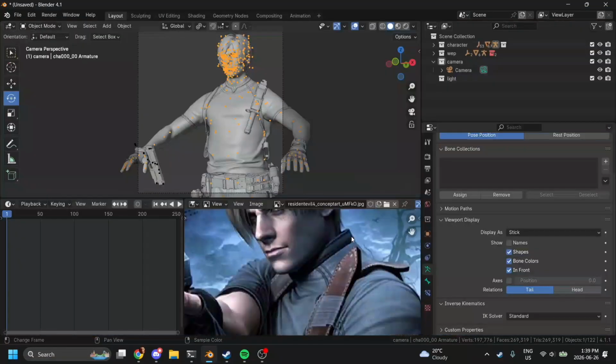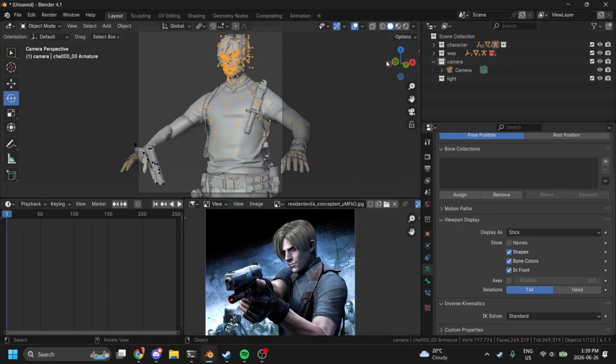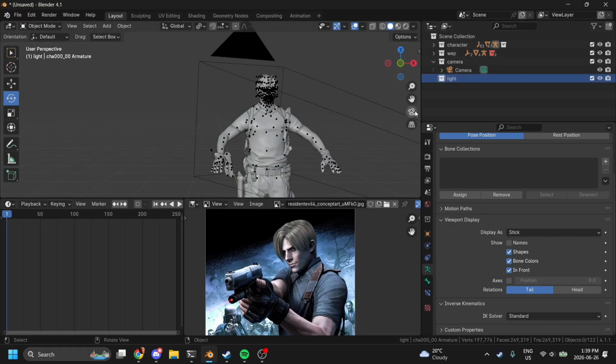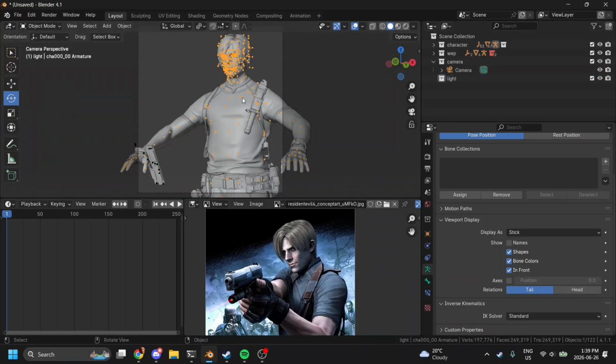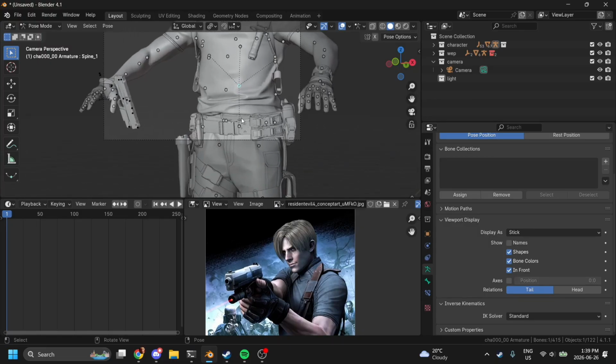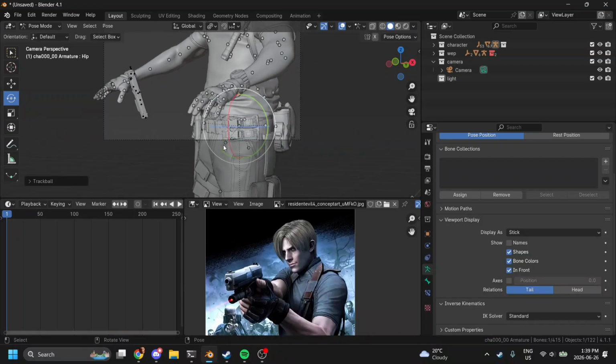I just wanted to point that out. So certain things are probably going to be a little bit hard to recreate in 3D. So we're going to do all of this in the solid mode first. So we're first going to find our hip bone, and we are going to